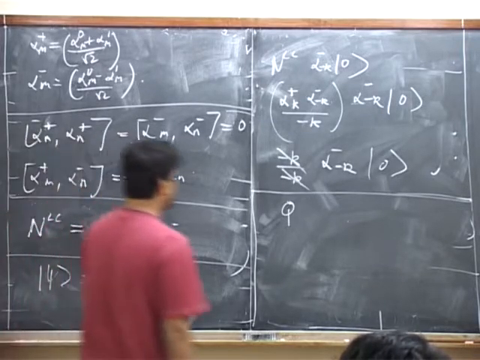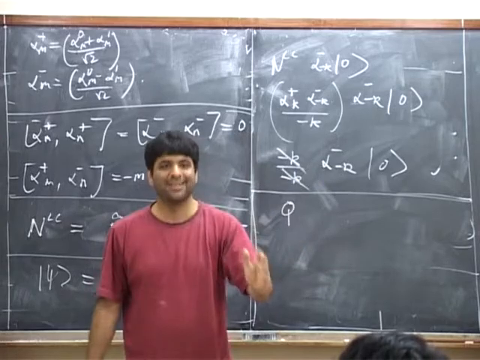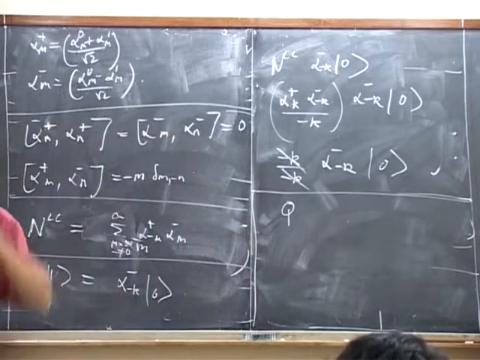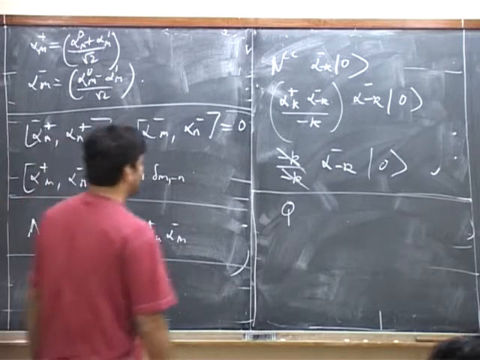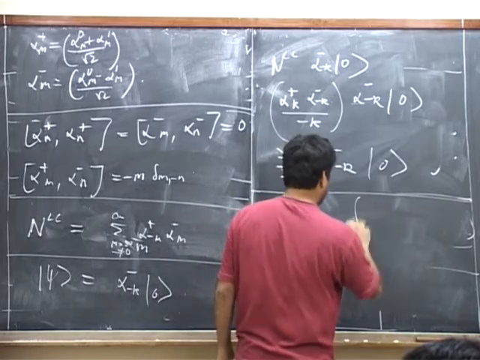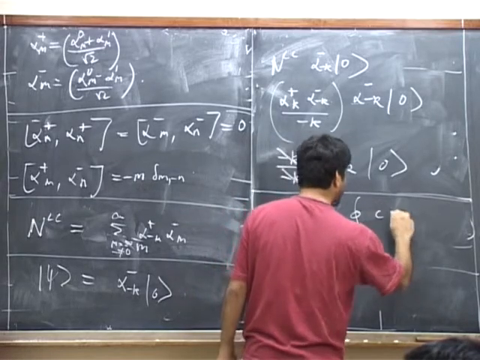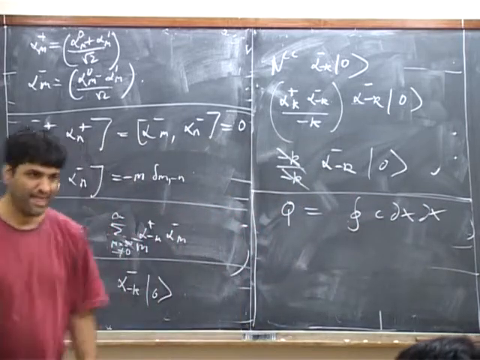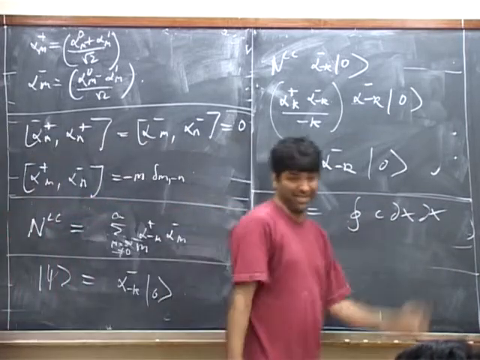Okay? So let's see. Q, of course, has a part that is pure host, that has NLC equal to 0, because there are no plus-minus oscillators. So the interesting part is the part that came from the integral of C del x del x, with C times the stress constant. Now, what is C del x del x in oscillator language?